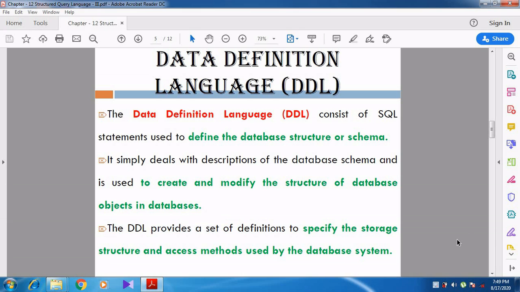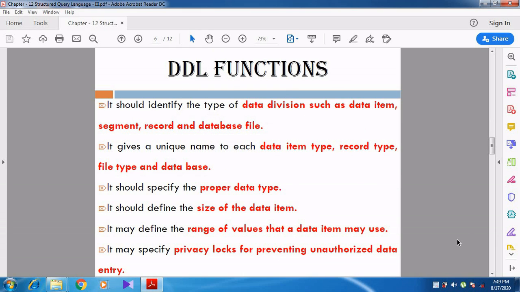Now let us see the functions of the DDL. What functions are done by the data definition language? It should identify the type of data division such as data item, segment, record and database file.